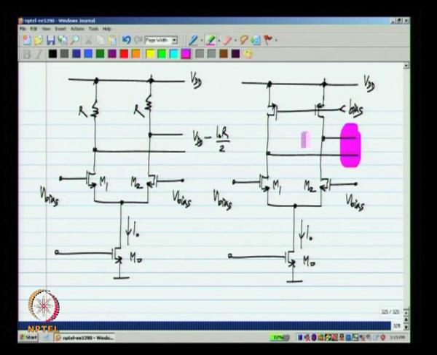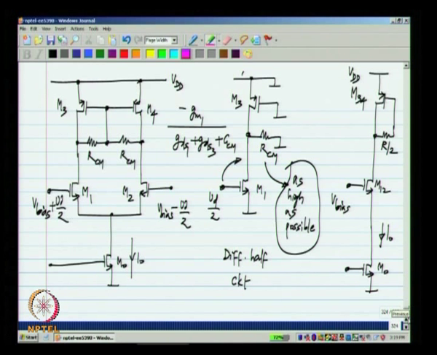This is because as long as the load resistance is rather small, the output common mode voltage will be set very accurately, whereas if the impedance of the load becomes very high, as in a current source, there is a lot of uncertainty, because a small difference in current going into a large impedance can give you a large change in the output voltage. So, in a way, what the common mode feedback circuit is doing is shown in this figure on the right.